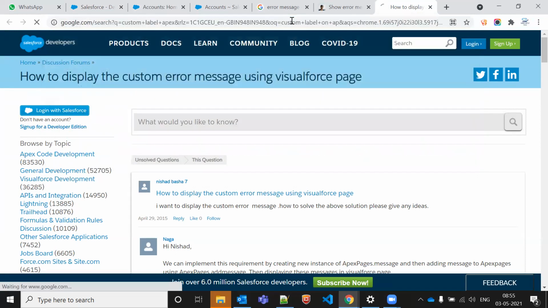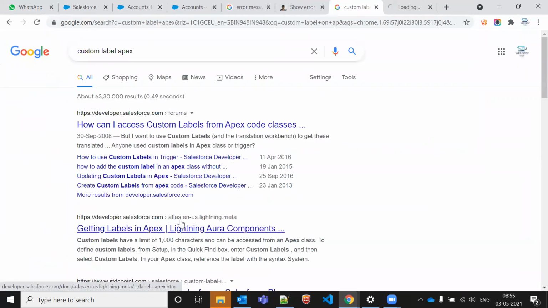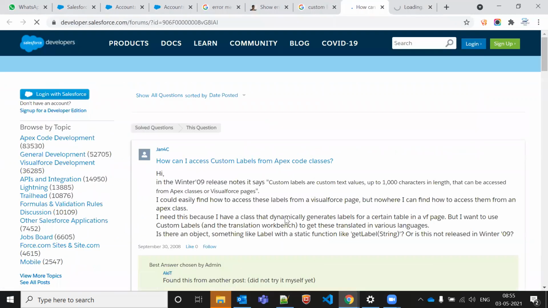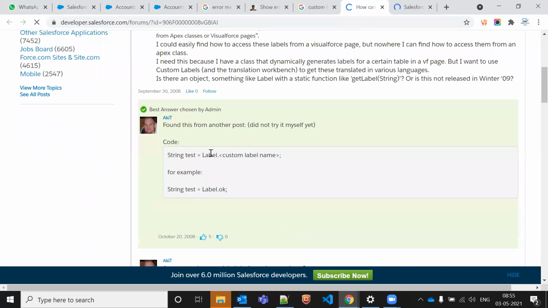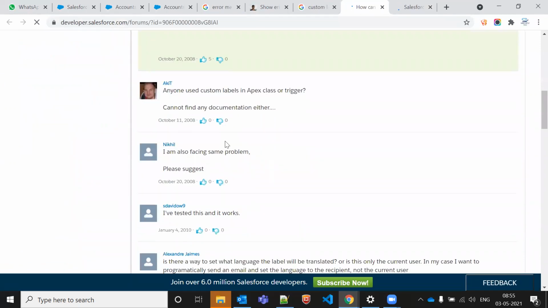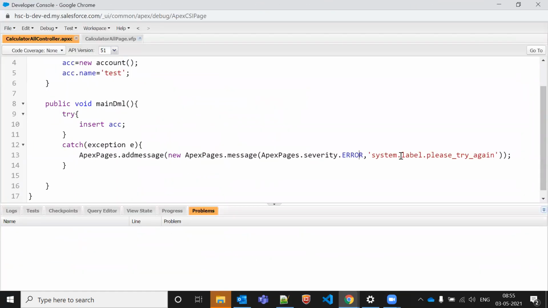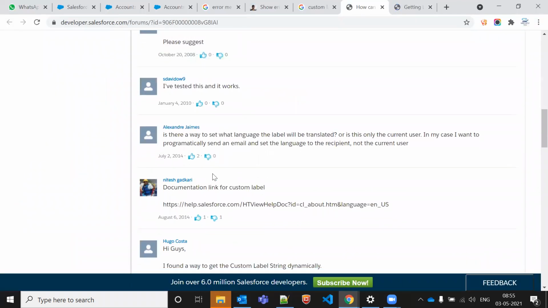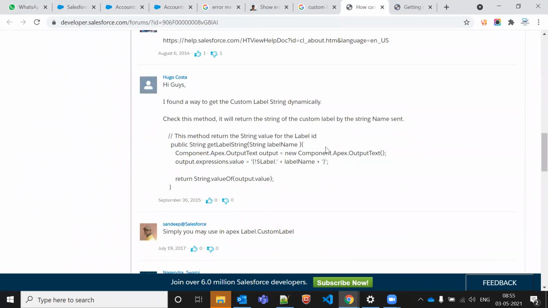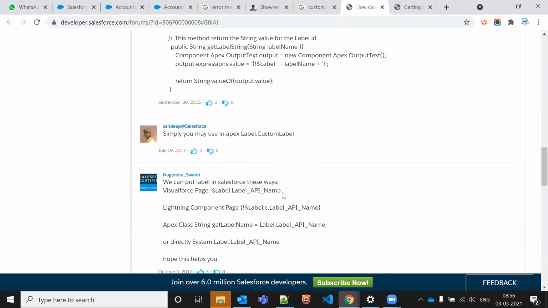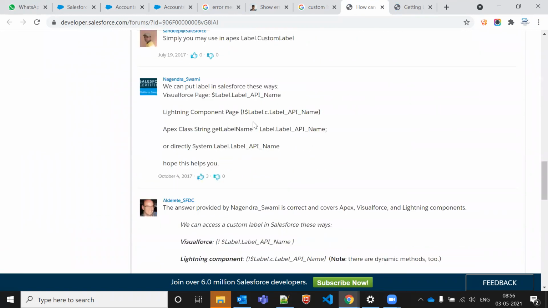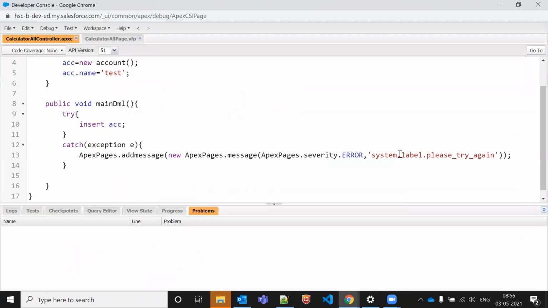Label dot, I think that's label only. Let me just check again. And I think label, okay, in the Apex class it is label only.